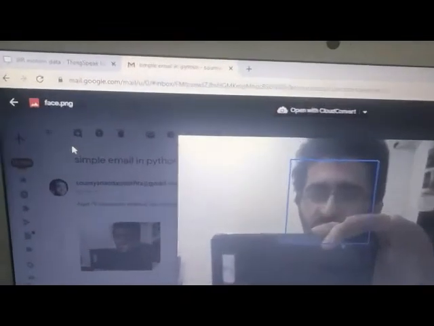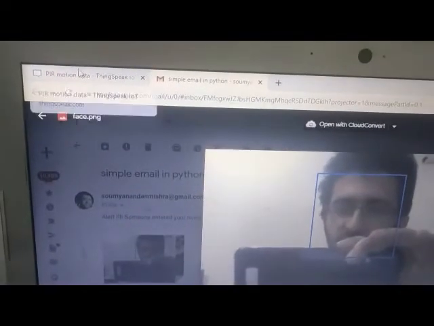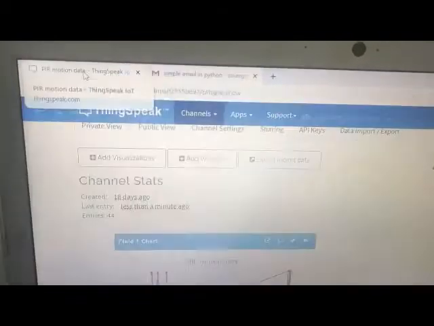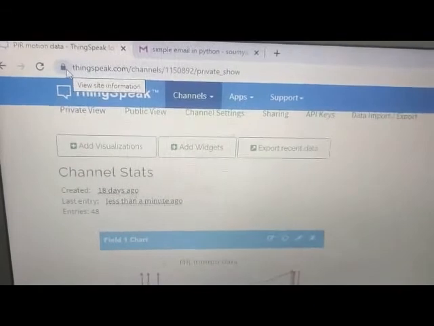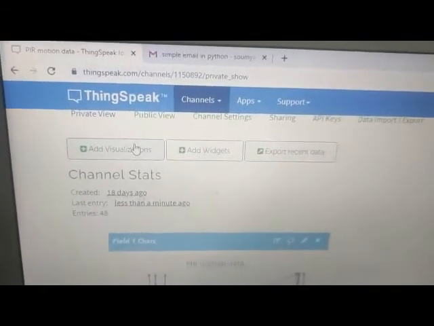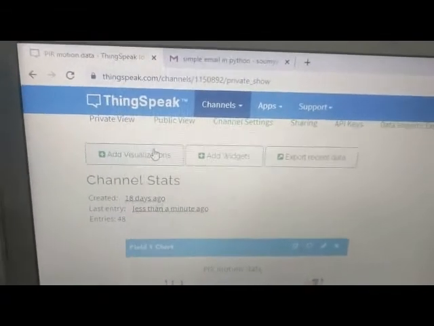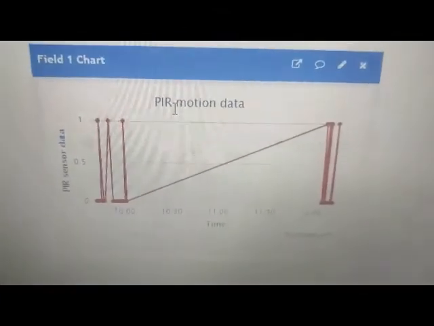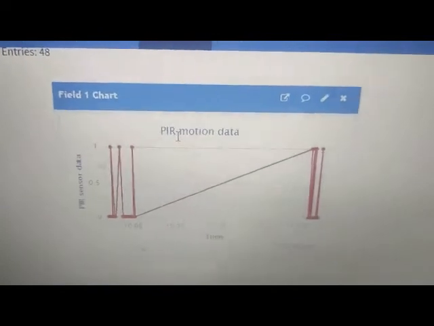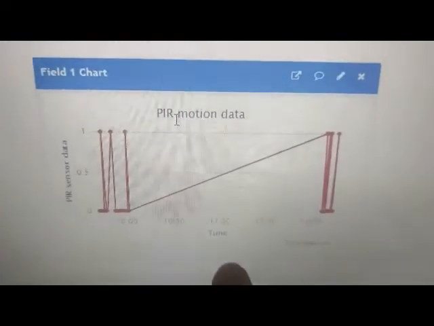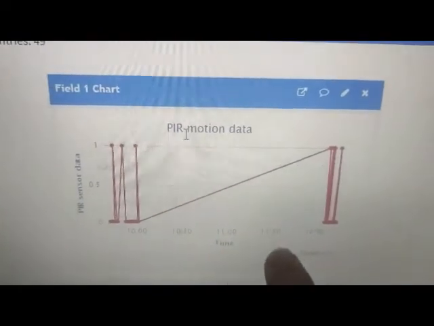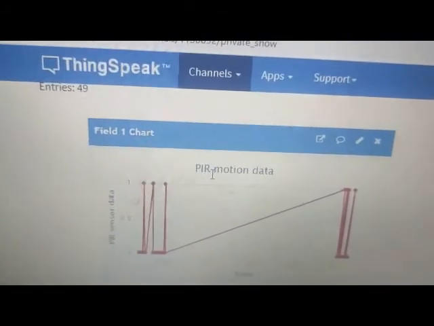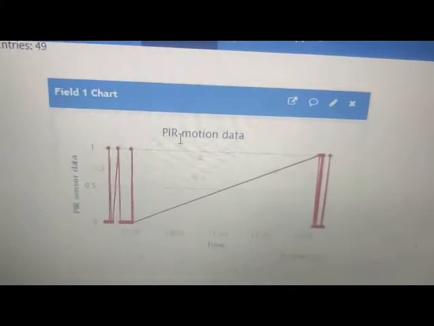Along with that, we can also visualize our PIR motion data in the cloud, and we have used the ThingSpeak cloud platform for that. Now see here, see the graph. In the x-axis the time is there, and in the y-axis the PIR sensor data is there.